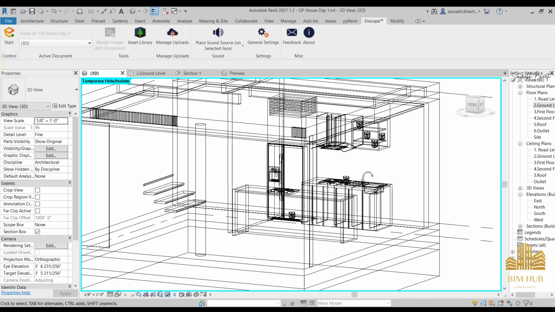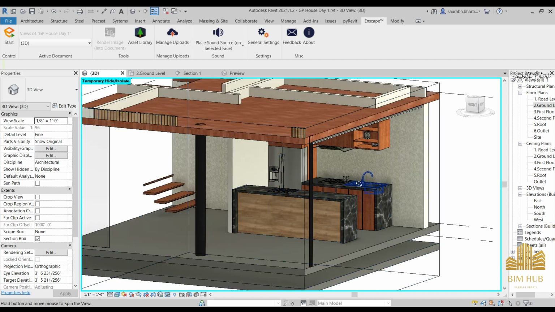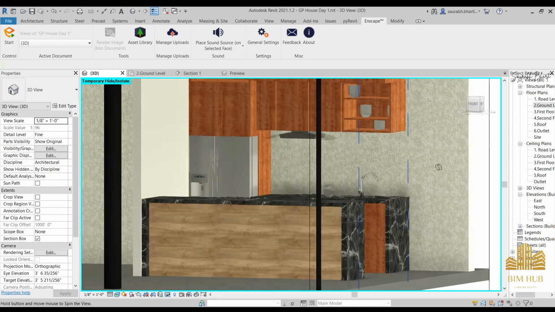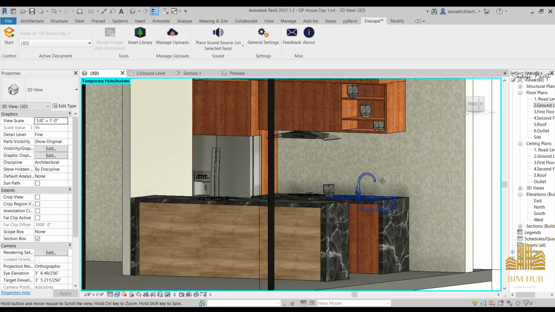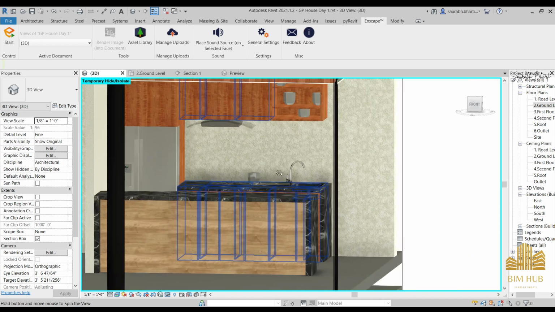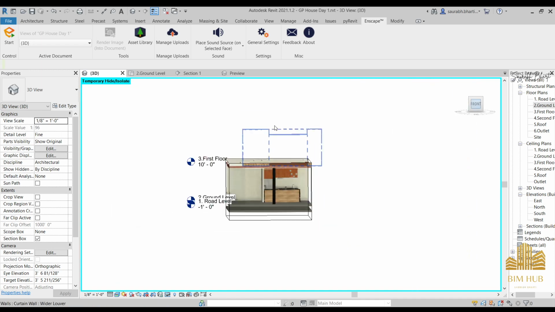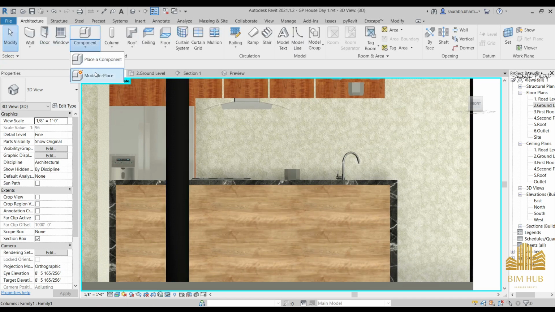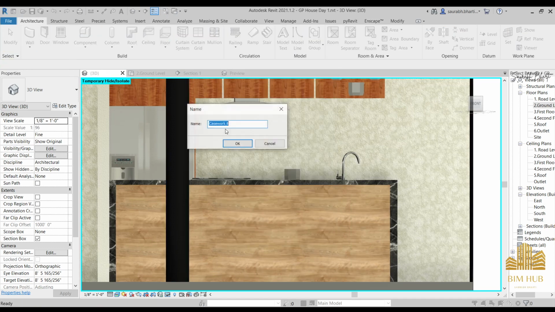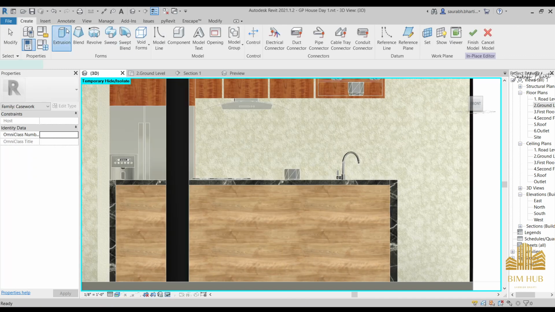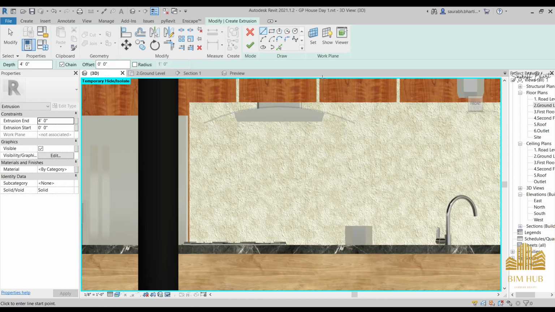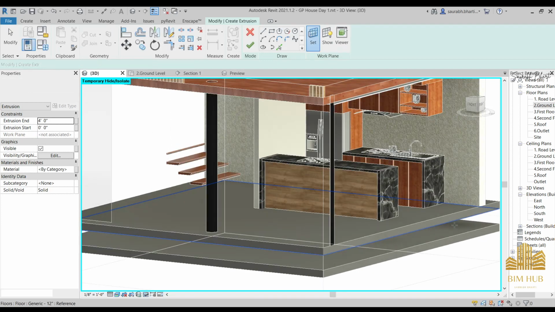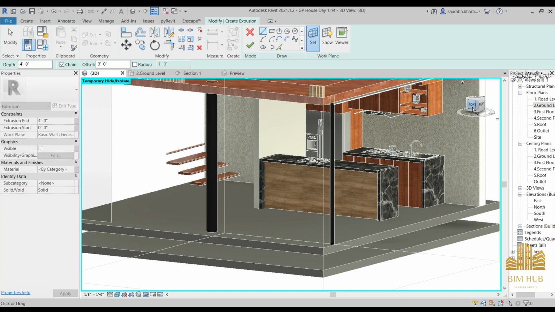and after all this, what if we want to give this portion a different finish material? So you can go to the front view once again, and if you want to provide that, go to model in place, and here you can select the casework, and then select casework extrusion, select a rectangle, and before selecting this rectangle, go to set plane, pick a plane, and then pick this wall again, go to the front view,